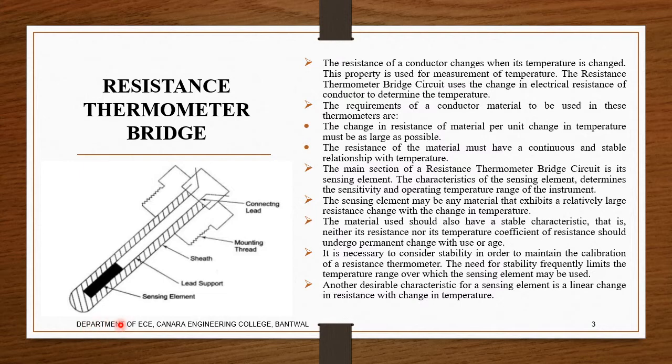Now we discuss the basic ideas of what actually has to be done in the resistance thermometer, what characteristics it should have, and what characteristics we need to consider when selecting the sensing elements. Now we'll look into the structure here. Here the sensing element, what characteristics need to be determined, or should satisfy our design. The sensing elements can be made of nickel, copper, or platinum.